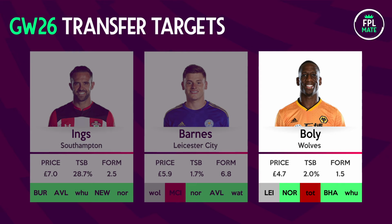He actually collected 7 bonus points during his 8 starts before his injury, so that's an average of almost a bonus point per game. And add that to how cheap he is, how good his fixtures are, and how under the radar he is in the larger FPL community, I think Willy Bolly should be probably your number 1 defensive pick. Especially if you're looking for someone who you can just keep in your team for the rest of the